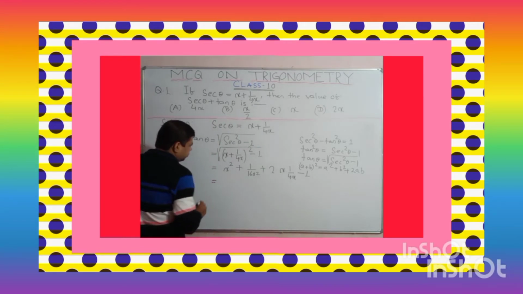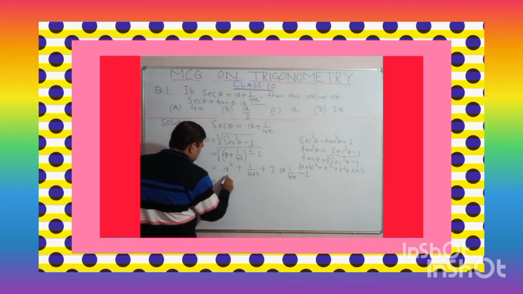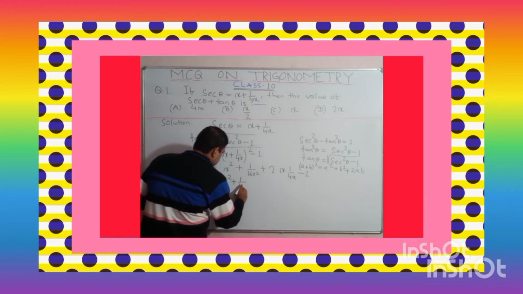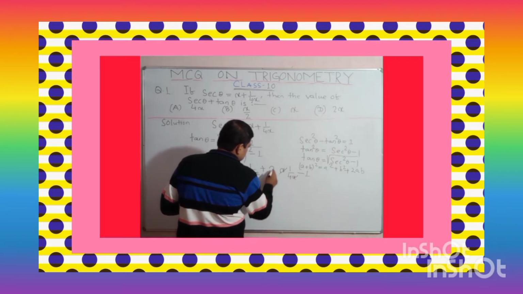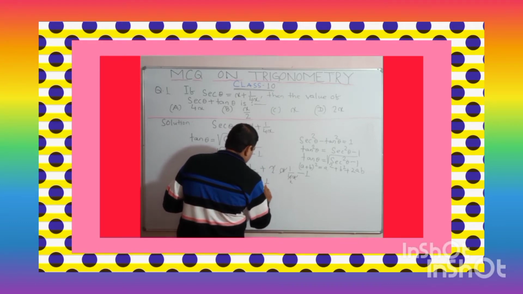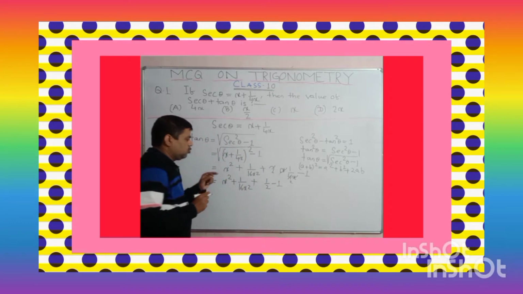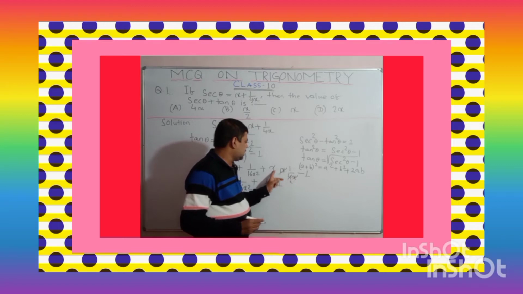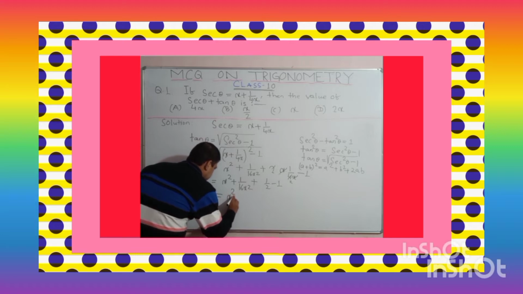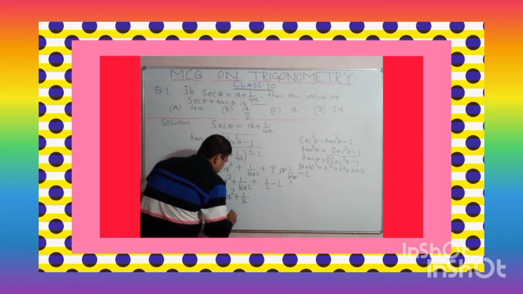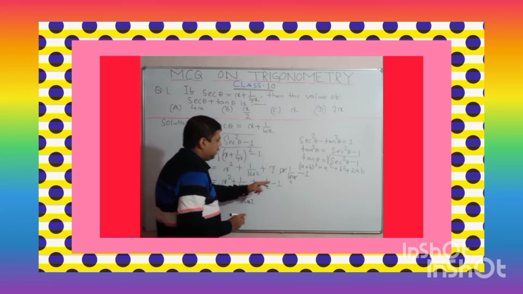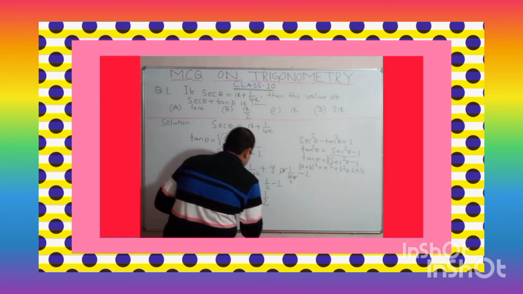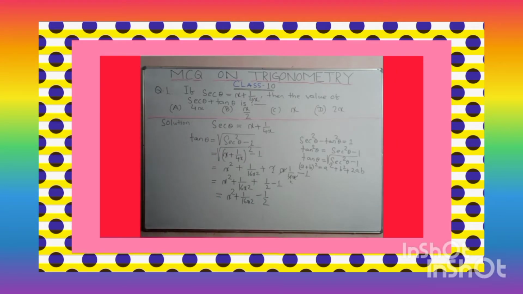So you see now, x square plus 1 upon 16x square plus, you can cancel here: x can be cancelled and 2 can be cancelled. It will be 1 upon 2 minus 1. If you cancel, 1 upon 2, 2 is 4, 1 by 2 minus 1. So again you write x square plus 1 upon 16x square, 1 by 2 minus 1, which is minus 1 by 2.